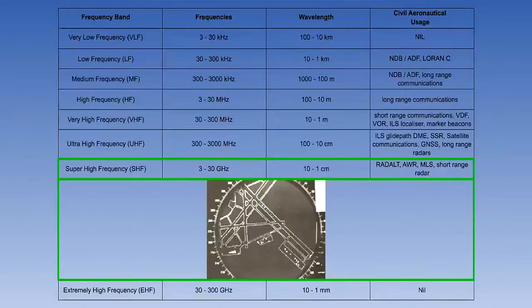At the other extreme of the frequency bands are super high-frequency SHF transmissions with a frequency of between 3 and 30 GHz, that is, 30,000 million cycles per second. SHF radio waves are used in short-range radars, such as airport vehicle and aircraft ground movements. They have a wavelength of between 1 and 10 centimeters.